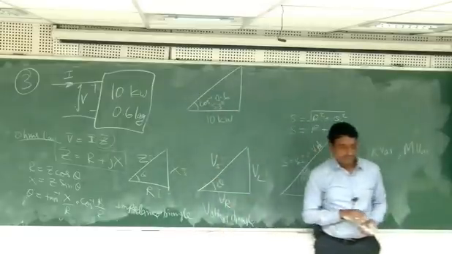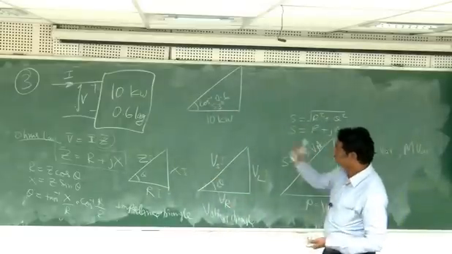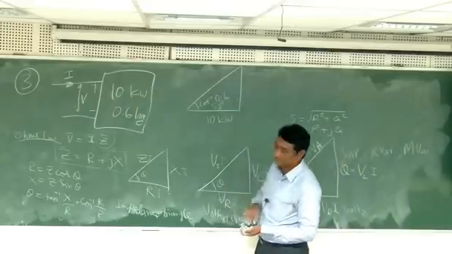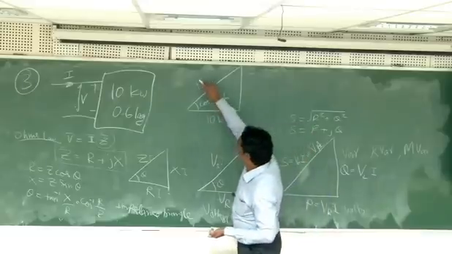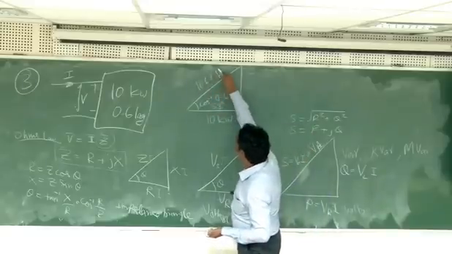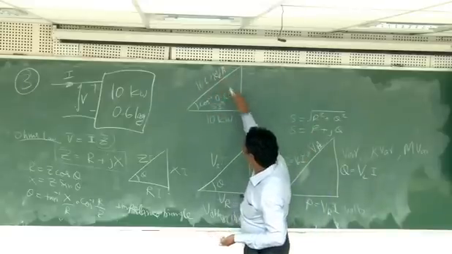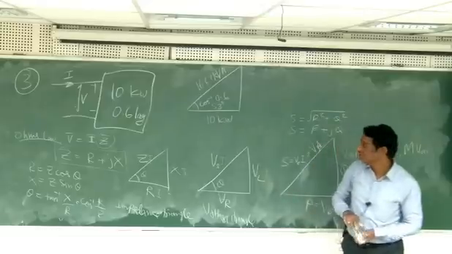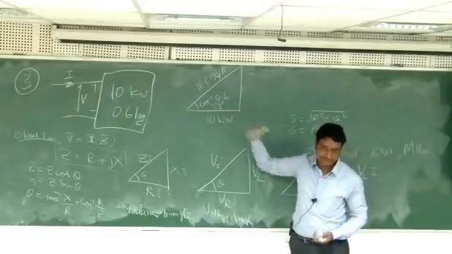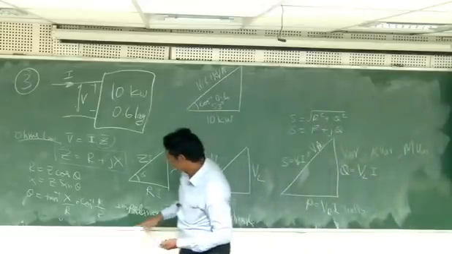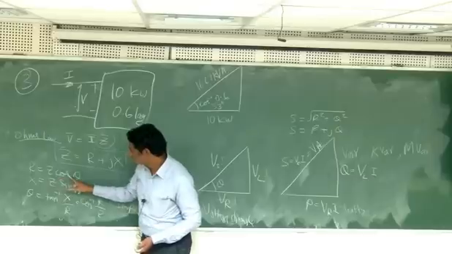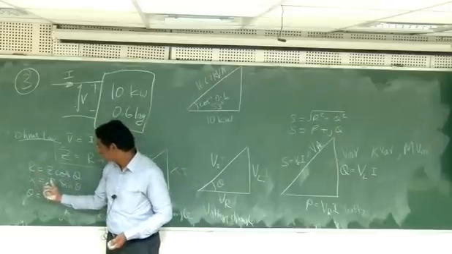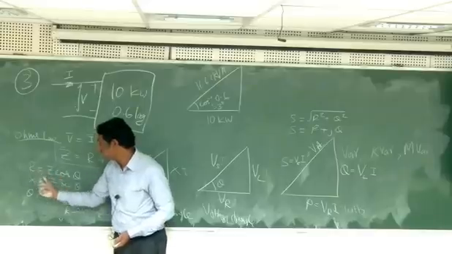Now if this is 53 degrees, what is this one? So this will be 16.67 kVA, because this is kilowatt, this is kilovolt ampere. So it is nothing but 10 divided by 0.6. Okay, I think we are using this one. So cos theta, this one going here, so finding out Z. Okay, Z is R by cos theta.